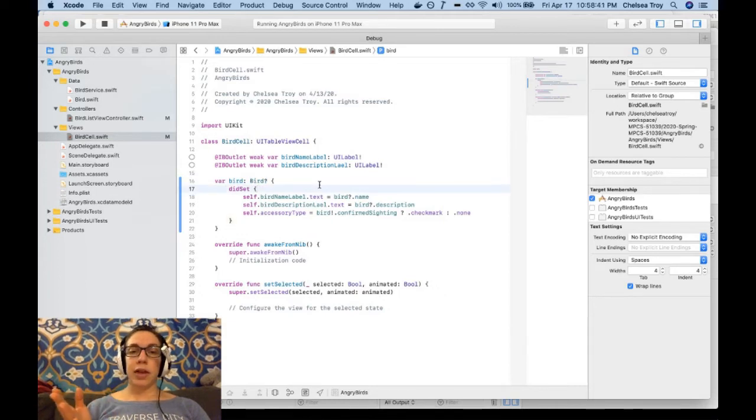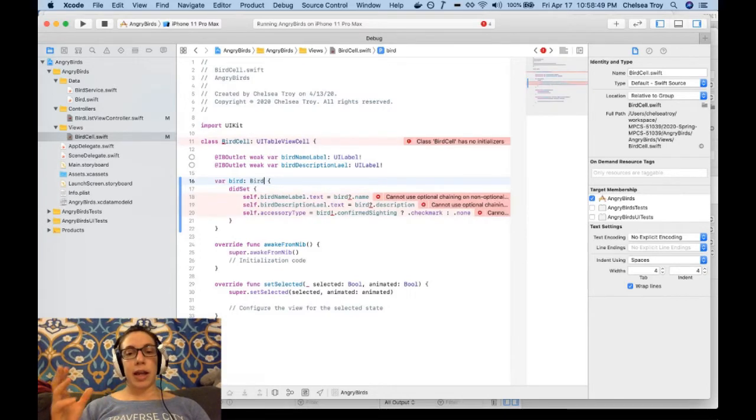Now, with views that are instantiated by iOS, that can be a tough thing to do, because if I just make it not optional like this, I'm going to get an error that says BirdCell has no initializers. That's because BirdCell, just like any class in Swift, is a class that expects to be able to be instantiated with anything that it is required to have. So what it's saying here is we have an attribute that's not optional, a bird, and we have no initializer that guarantees that a bird is going to be provided